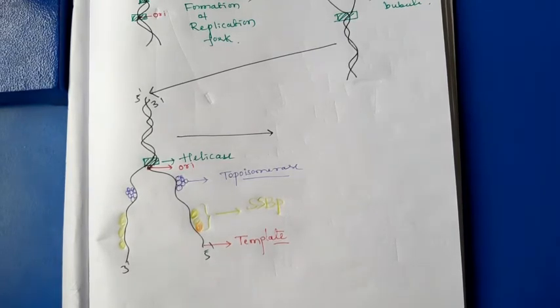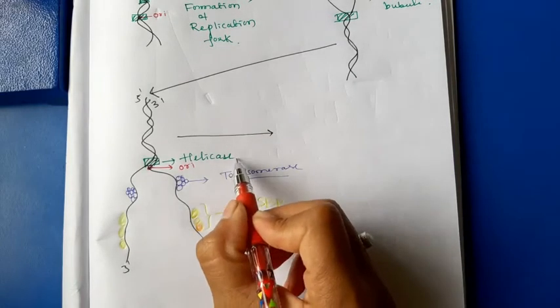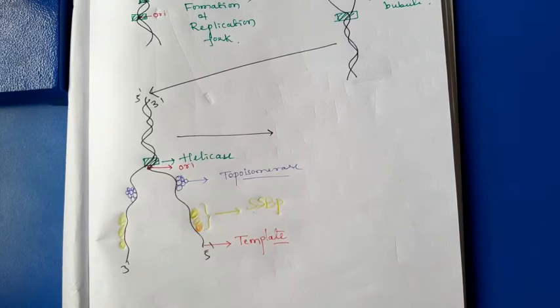After the entry of helicase, topoisomerase and SSB, the specialized and perfect enzyme enters. I am explaining this process like a cinematic story. Don't get confused, guys. It will create interest; that's why I am explaining it like this. After the entry of helicase, topoisomerase and single stranded binding proteins, the replication fork forms.